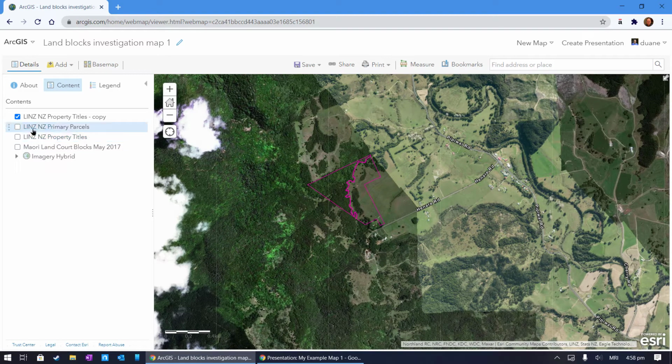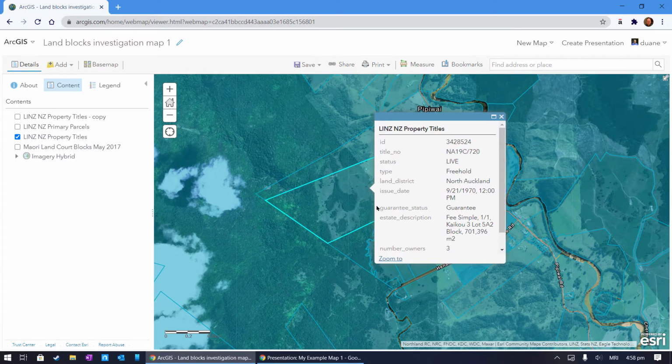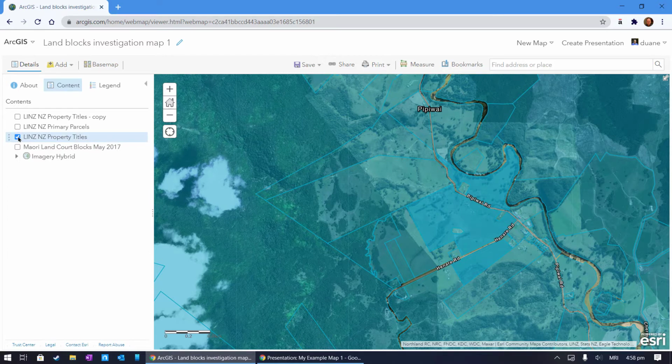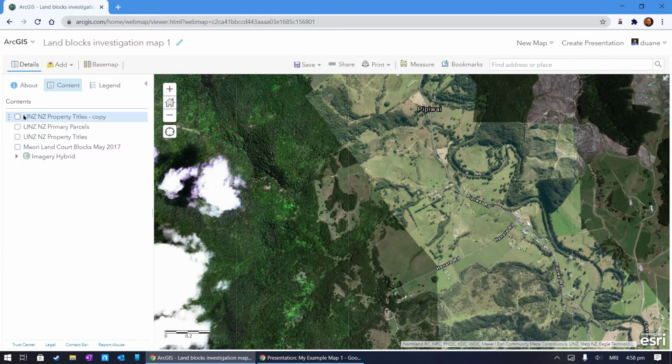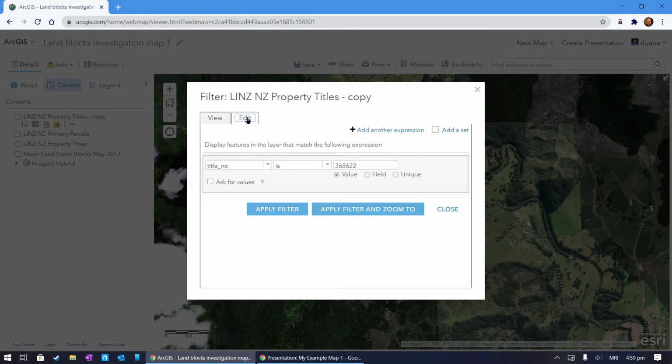Now, let's say we turn that one off, turn this one on, and I also want to include this block in my layer now as well, my pink layer, shall we call it. Let's go and find the title number, and I double check at the top here to make sure there's only one selected, or that I've got the right one. I copy that, I close it, I turn that off, I come over here, click on this one, I go and look at my query, my selection, and then I'm going to edit my filter,